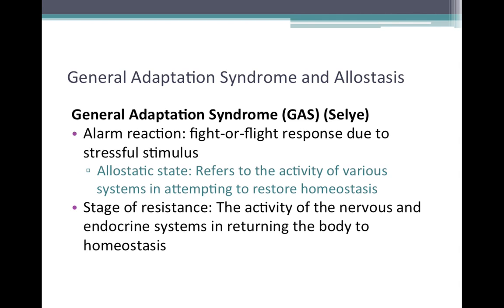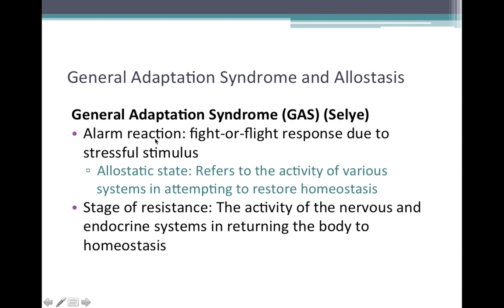Now, we talk about our ability to accommodate stress through this general adaptation syndrome, or GAS. So general adaptation syndrome is basically allostasis, and there are a series of events that try to help us achieve homeostasis. They try to bring us back to homeostasis. Now, what can happen in this general adaptation syndrome is that along the timeline of events that occur following an initial stressful event, there's things that occur like the alarm reaction or a stage of resistance.